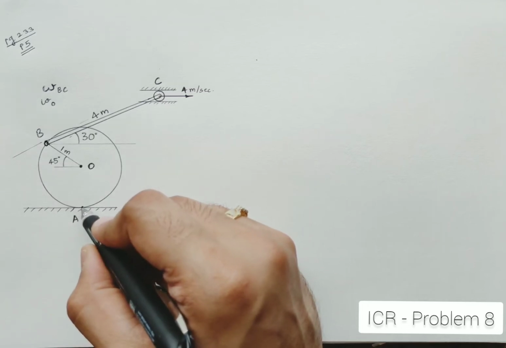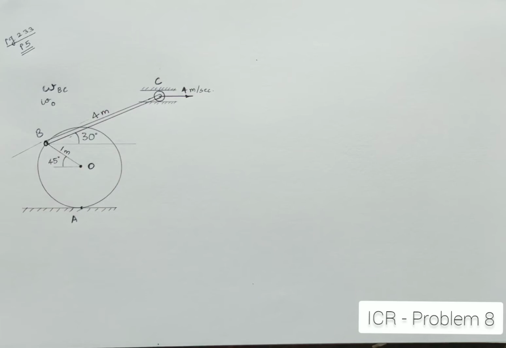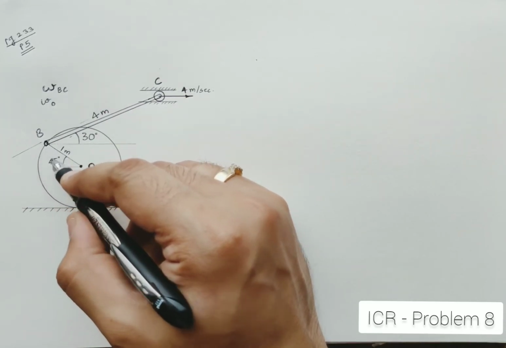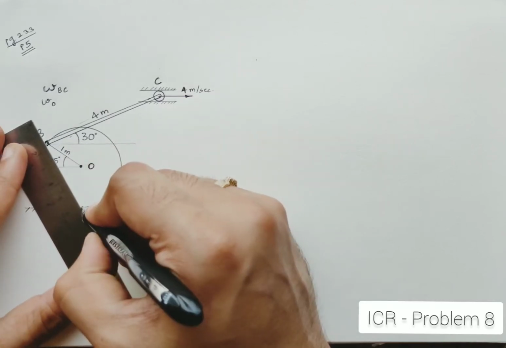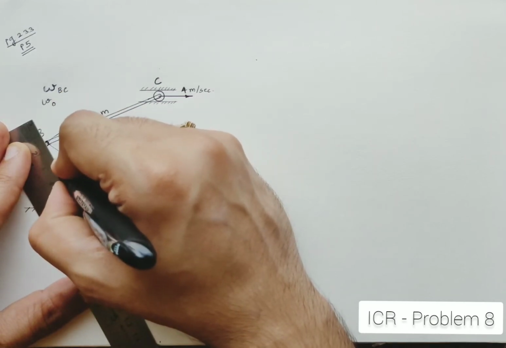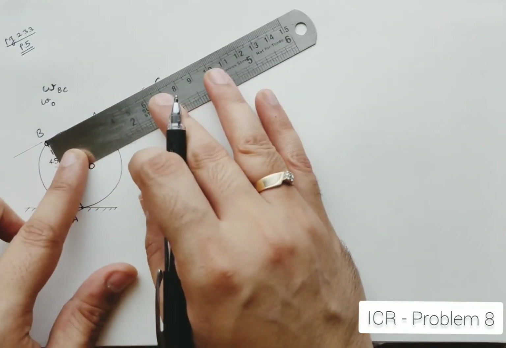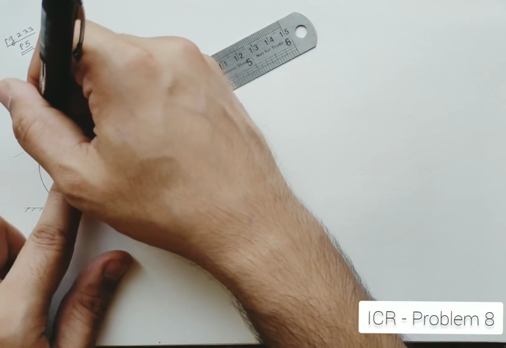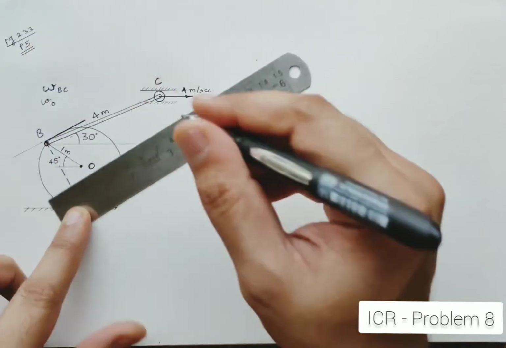So for me, this point A is the ICR for this roller, which is having the center at O. So if I join the points A to B and try to draw a perpendicular from this particular line, I will get the velocity